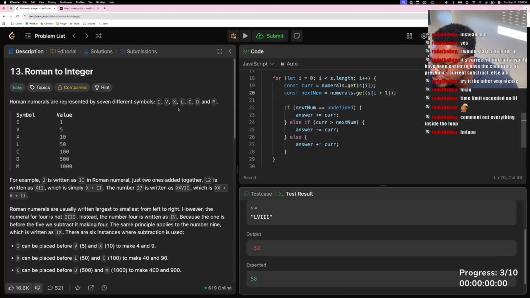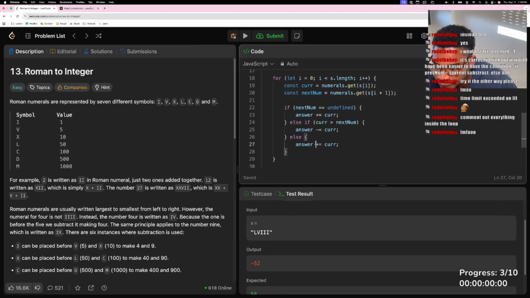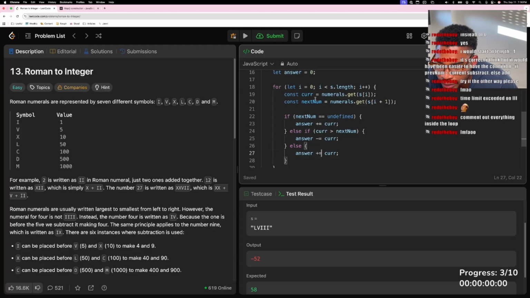Okay, why did this go to minus 52? Let's do that again. Okay, it's L to V, which goes down. So it should do L to V. So current one will be L, which is 50, and then next one will be V, which is 5. So it should come here and then add 5. Sorry, it should add 50. Cool. And then the next one,